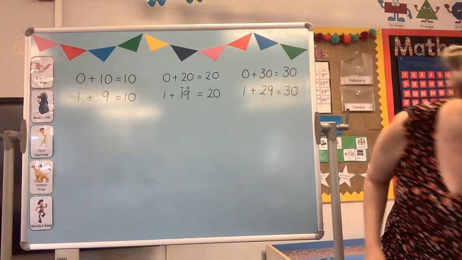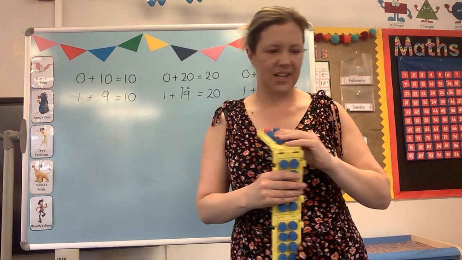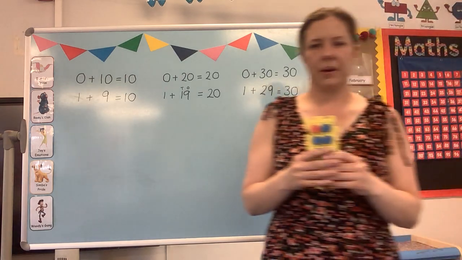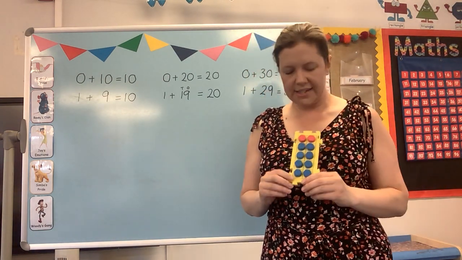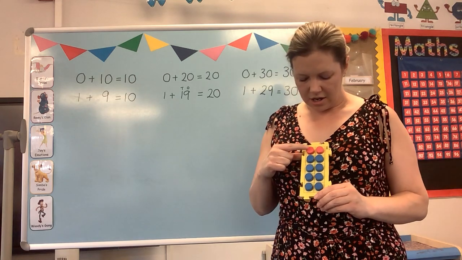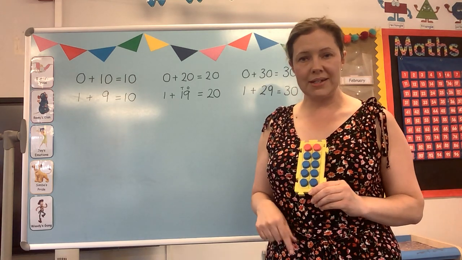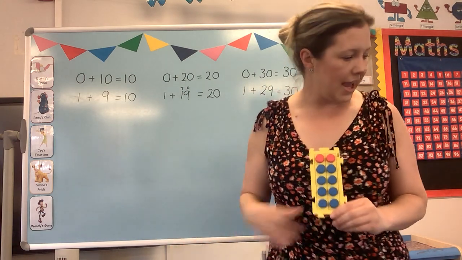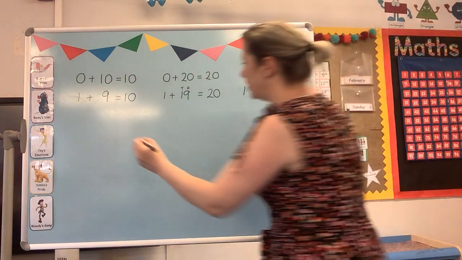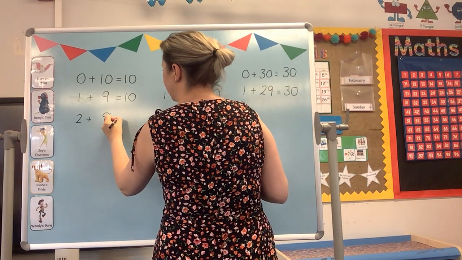So if I do this again, look, in fact, if I take those off to begin with, I'm going to turn another one of these over because we're being systematic mathematicians. I've now got 2 good apples and I've got 8 bad apples. So 2 add 8 equals 10. Okay, so I'm going to put that on here. So 2 add 8